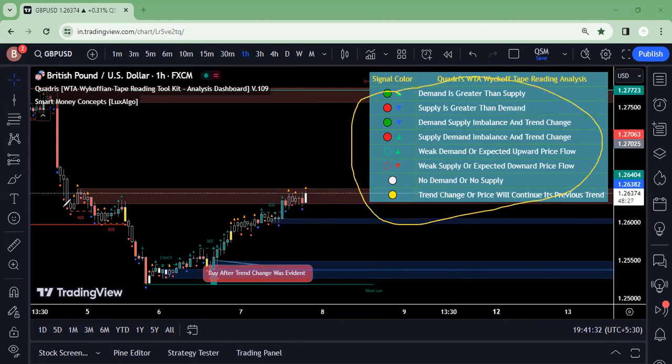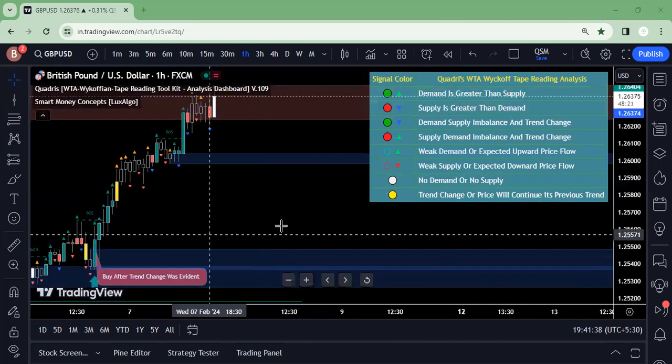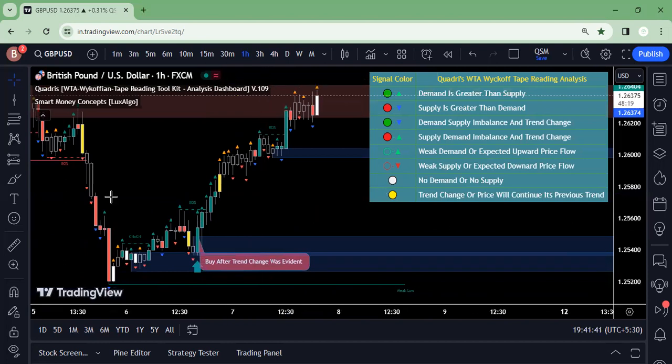Having said that, this is what I make out of this one. For example, this is a change in character test. As we are approaching the demand zone, you can see,